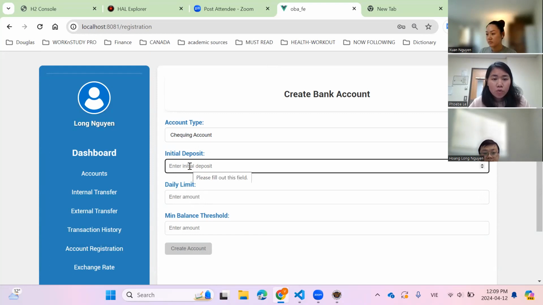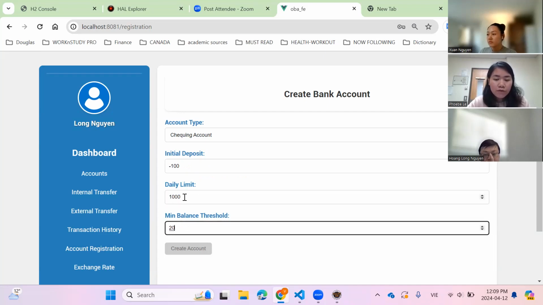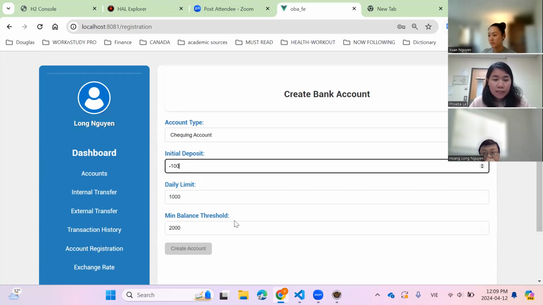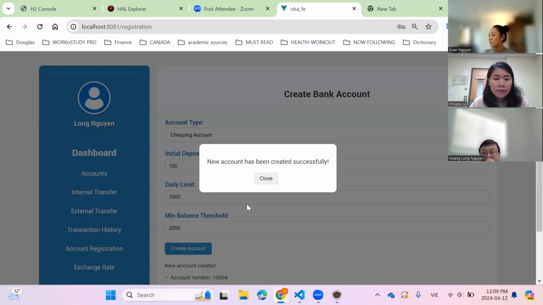One notice here is if you input an invalid number, for example, for the initial deposit we put a minus number, and the other numbers we put valid numbers, then because this number is invalid, the user cannot proceed with creating the account, and there's a disabled icon here. But if we input a valid number, let's say 100, then